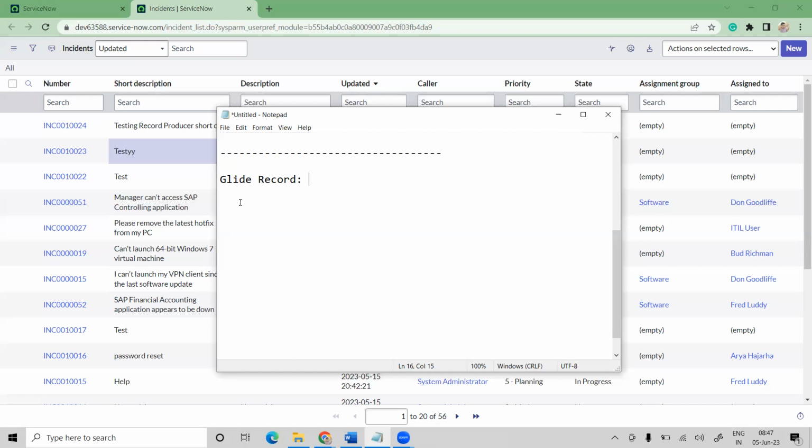Ma'am, can you repeat the sentence once again? ServiceNow developers often use Glide record in the ServiceNow platform